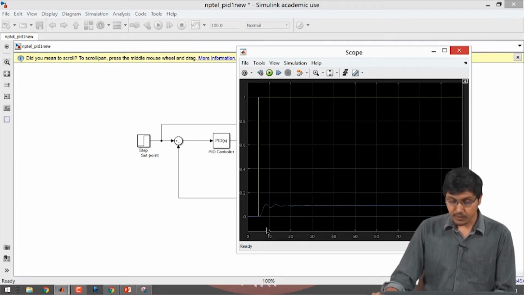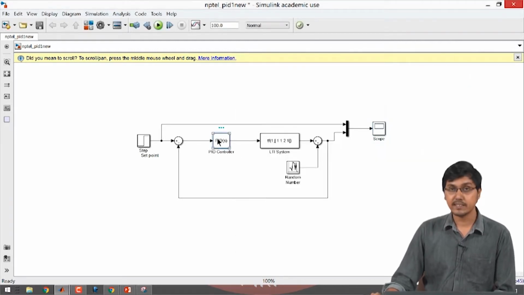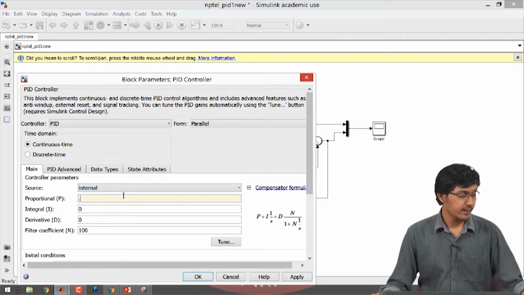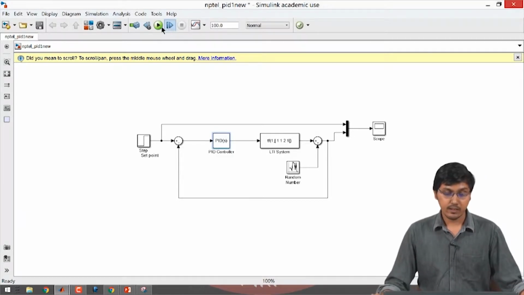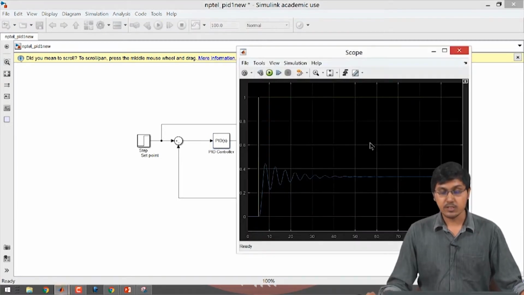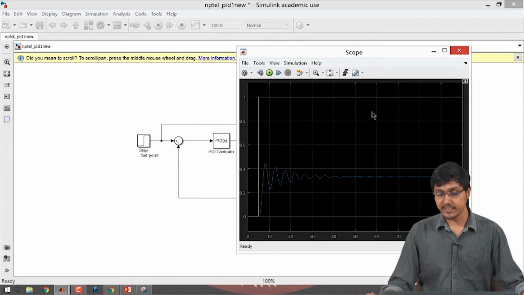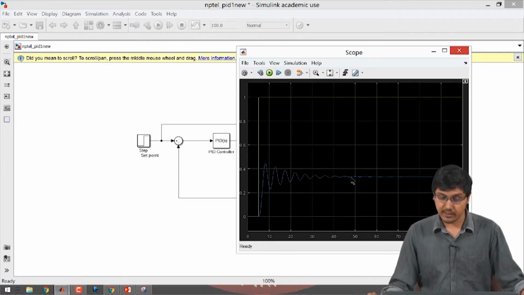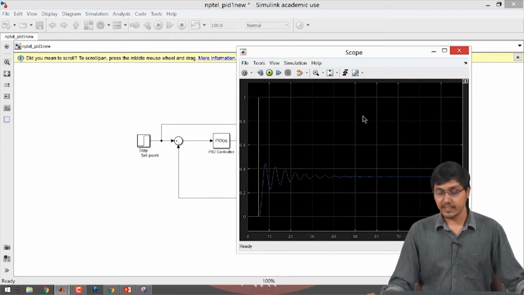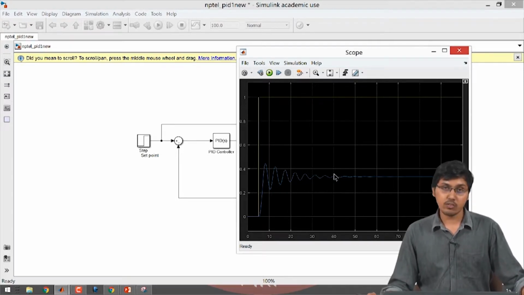Let us now increase the value of Kp and see what happens. We are going to increase Kp to, say, 0.5, and then see what happens. As you can clearly see, the offset has decreased. Increasing Kp is decreasing the offset, and the offset is the steady state error, so that is decreasing. Initially the final value of the control variable was 0.1, now it has become around 0.35 or so. The difference between the value we desire and the value we have got has decreased. Now there are two things we observed.